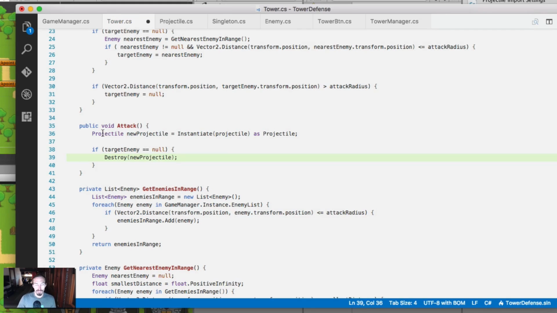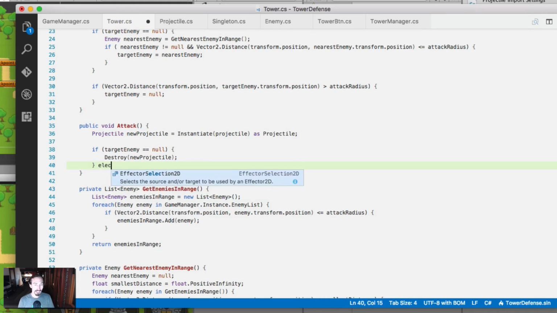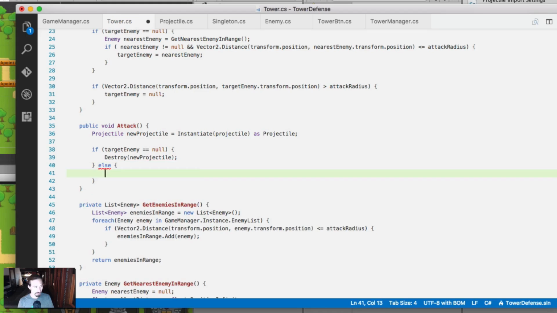So if we created a projectile and there's no target enemy anymore, which is very possible. We could create a projectile and the enemy could be right on the edge of our attack radius. And if that happens, we need to destroy the one that was just created to go after it. And if not, I can't type. So else,